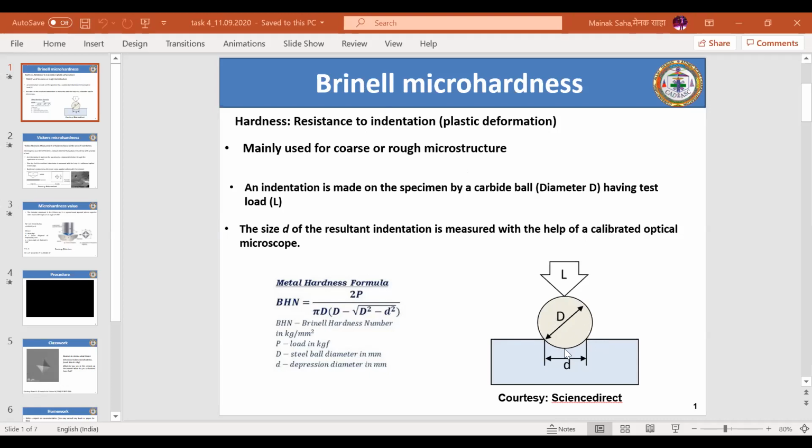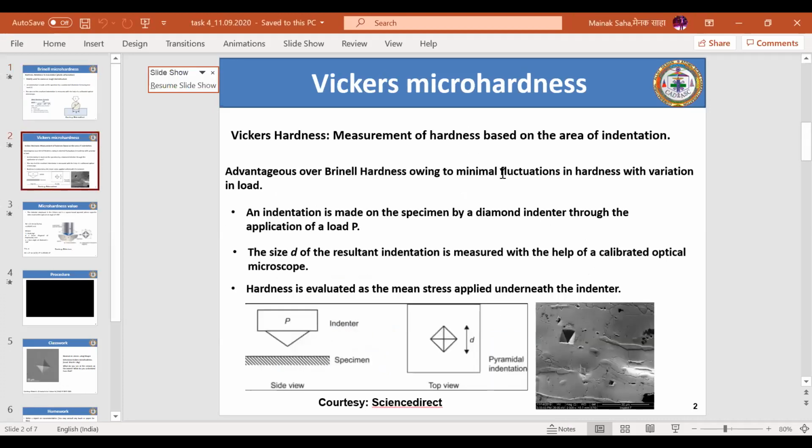a carbide ball with a certain diameter d. Otherwise, if it is the other technique, for example the next technique that I'm going to show you, the geometry of the indenter will be much different. It's not the same. So now the question that might arise. Okay, fine. Let us go to the next slide and explain. Then we can compare both these techniques. So if you have understood this, moving on to the next slide.